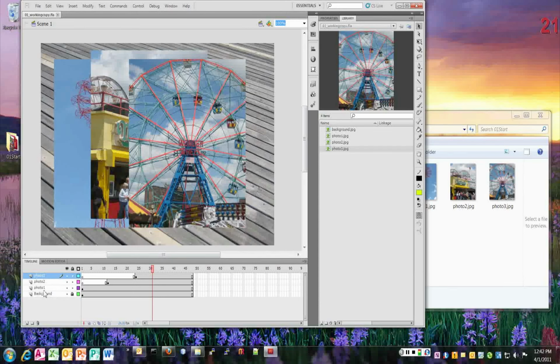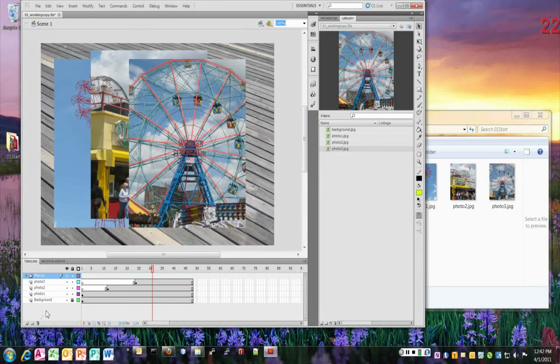All right, now we can, in our timeline, just like in Photoshop, we can create folders. So let's create a folder, and remember it depends on where we are selected because it will create the new item above this currently selected layer. So we're going to create a new folder. We're going to call it